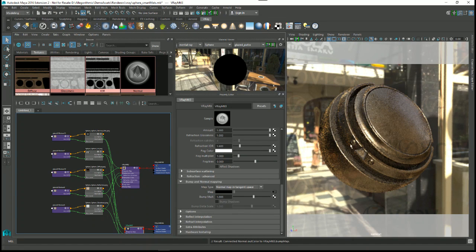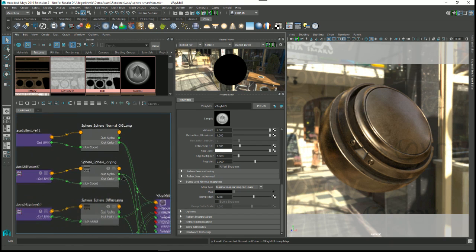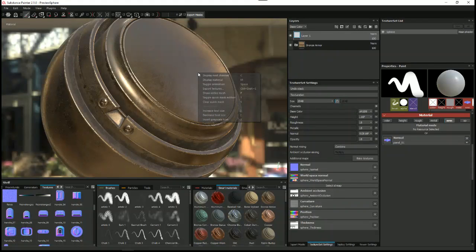And so here you can see it's starting to render. I just stamped in these little normals, kind of screw heads basically, into the side just so I could see some normal here. Okay, so notice I'm working in Maya, so that's one thing to think about. In Maya, the normal needs to be OpenGL, and so if I just switch back over here to Painter